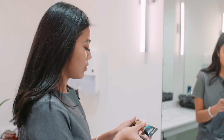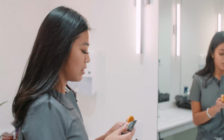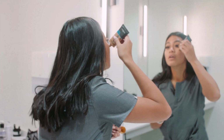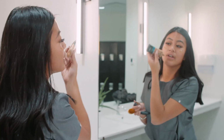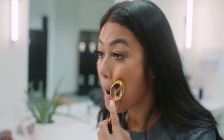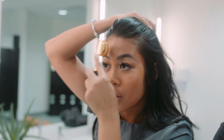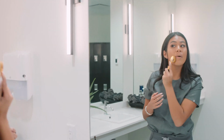So when I'm doing my foundation, you don't want to touch your face. That's the big thing, just because you don't want all of that oil and all that stuff in your hands onto your face. So just stick it like this, around my face like that. And I grab a brush and I just blend it. And now that I've evenly blended my makeup around my face,